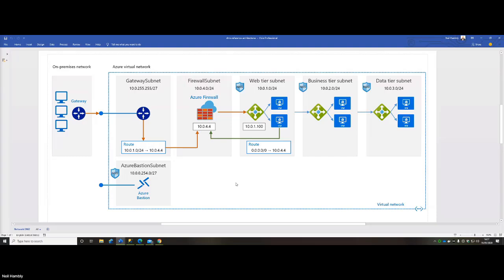Potentially even securing your jump box, your Bastion subnet. We have a service called Azure Bastion, which allows us to do secure socket jumps for RDP and so on. We can control who can get into that and what tools we can use, and it's using a private IP address rather than a public one. So we want to secure this down to who can come in.